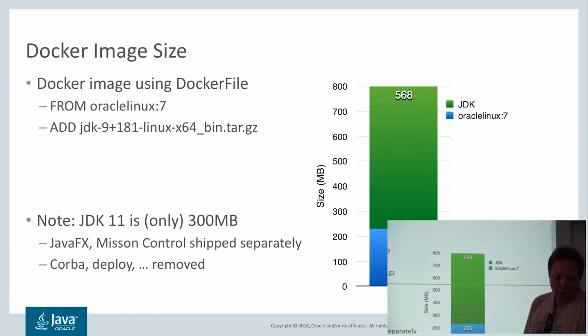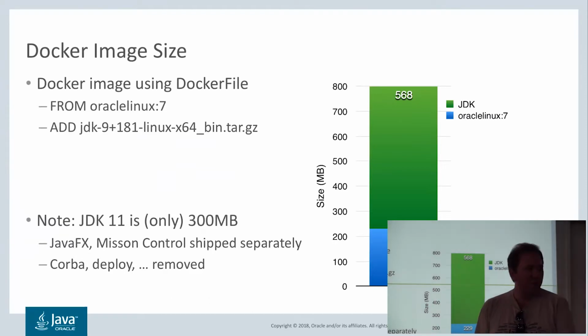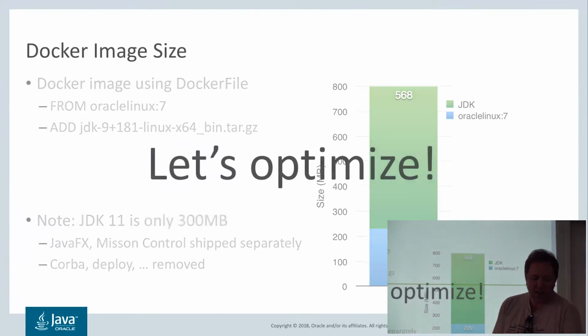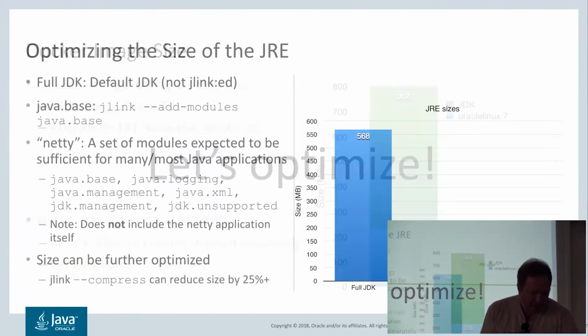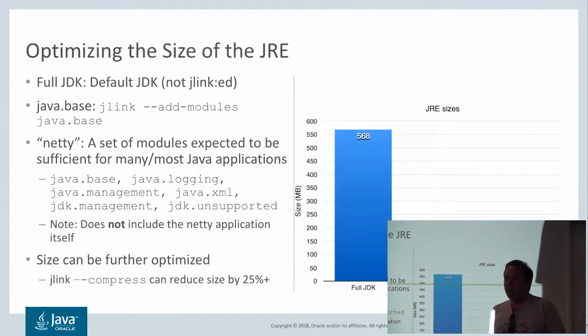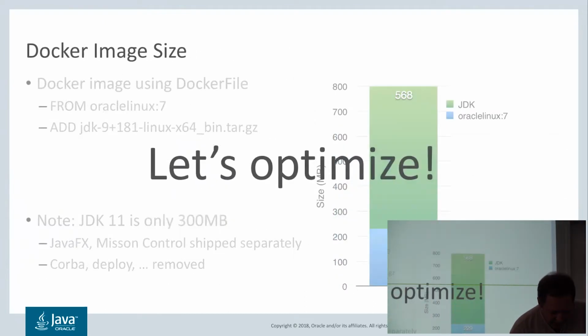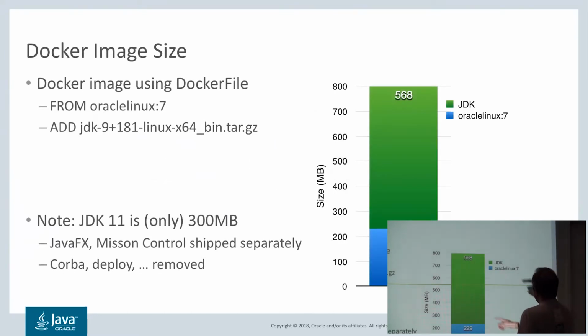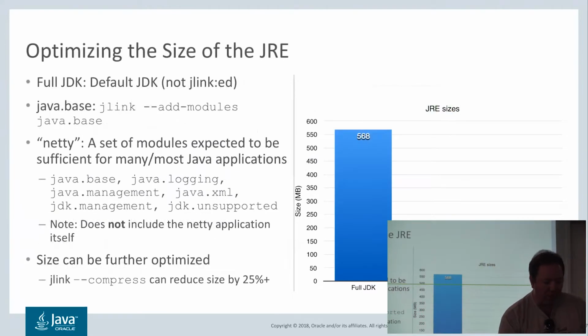Okay, so we have almost 800 megs of Docker image here. Impressive, but let's optimize it. First thing we'll do, being the engineers we are, we'll go back and have a look at this slide, and we'll see that the green bar is the big one, the blue one is smaller, so let's start with the green one. That should be where we can gain the most, or reduce the most size.